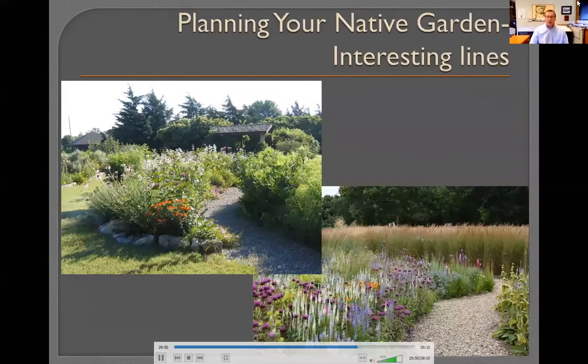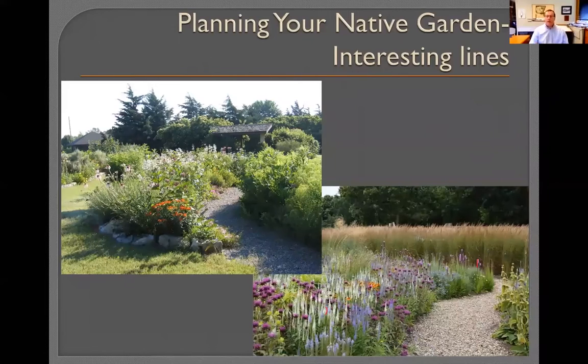But these interesting lines, they can be clean cut, with the edging between grass and your native planting, or they can be rock, can be a rock path. But interesting lines and thinking about where you want to lead, where you want to guide, and where you want to go with the path